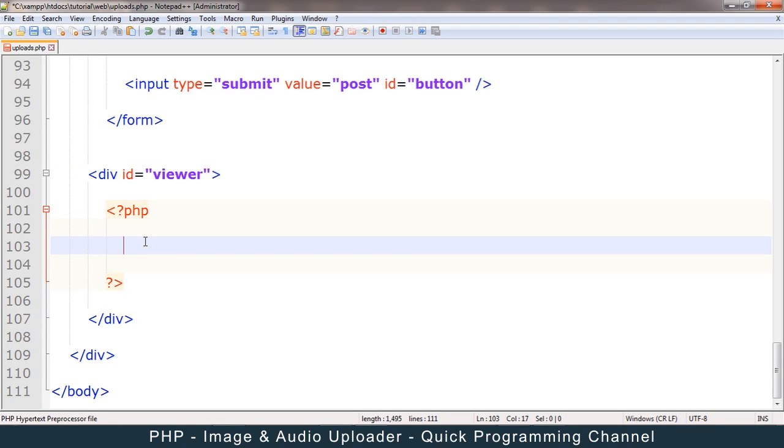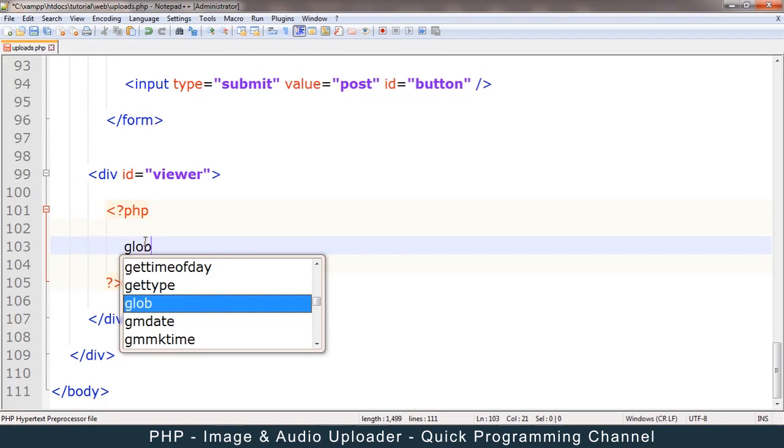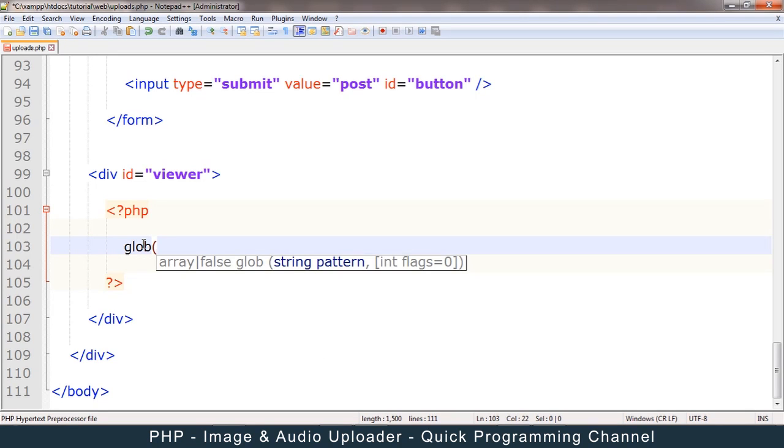So now, glob. If you see here, it says glob returns an array. It returns an array and it requires a string pattern and some flags if necessary that are optional. So let me specify the string path, which is the folder that we are going to check. Now what glob actually does is it checks all files from a specific folder and returns an array containing those files. So let me assign this to an array and say array is equal to glob,